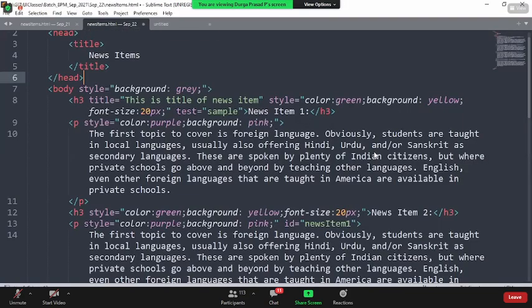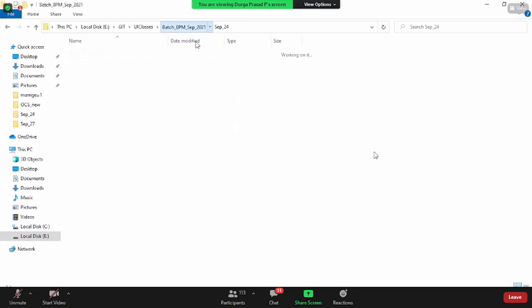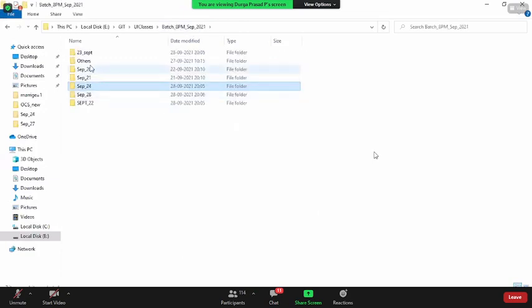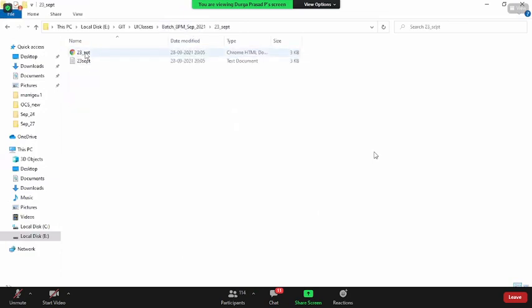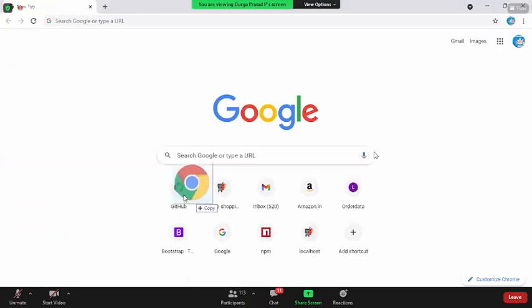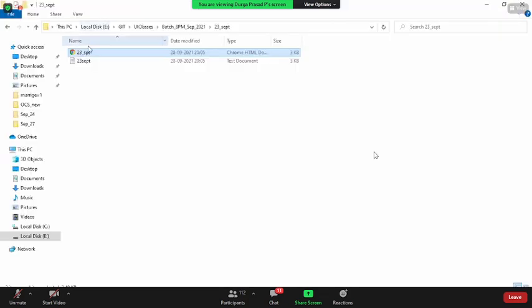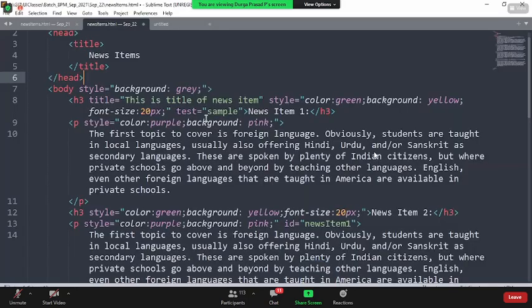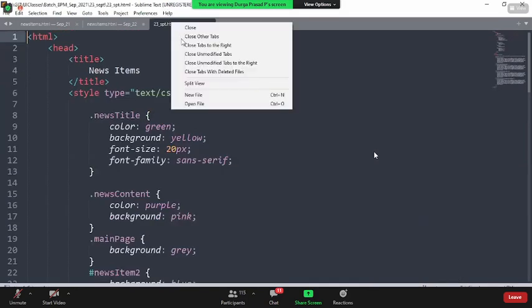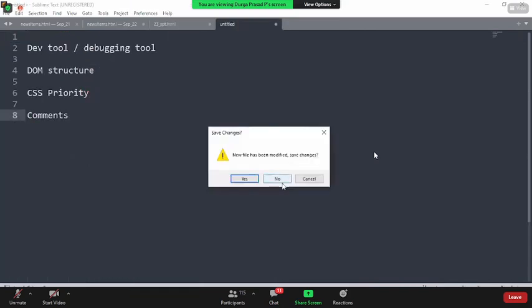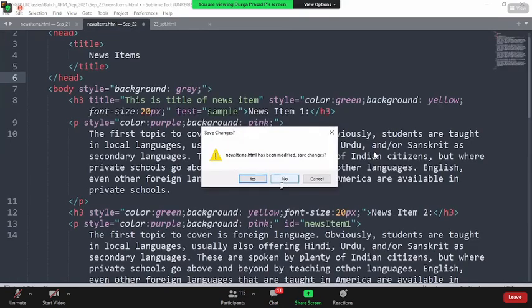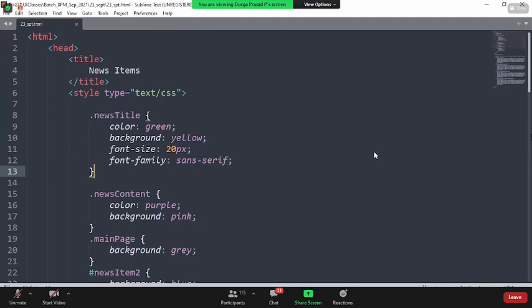Okay, this is what actually we were discussing, right? This is the page we have created. And if I look into the source code of this, okay, this is what we have created.